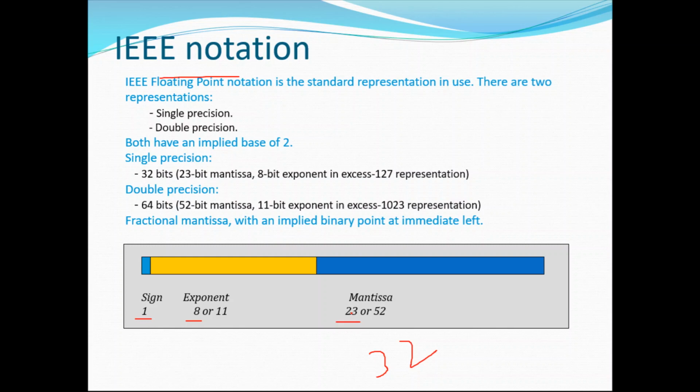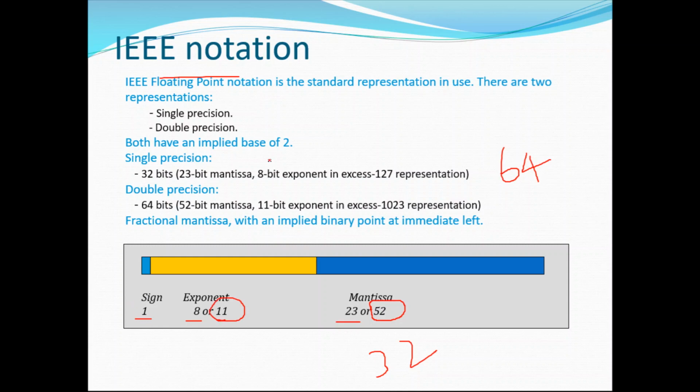In case of a 64-bit number, IEEE suggests using 52 bits for Mantissa, 11 bits for exponent, and 1 for sign bit.